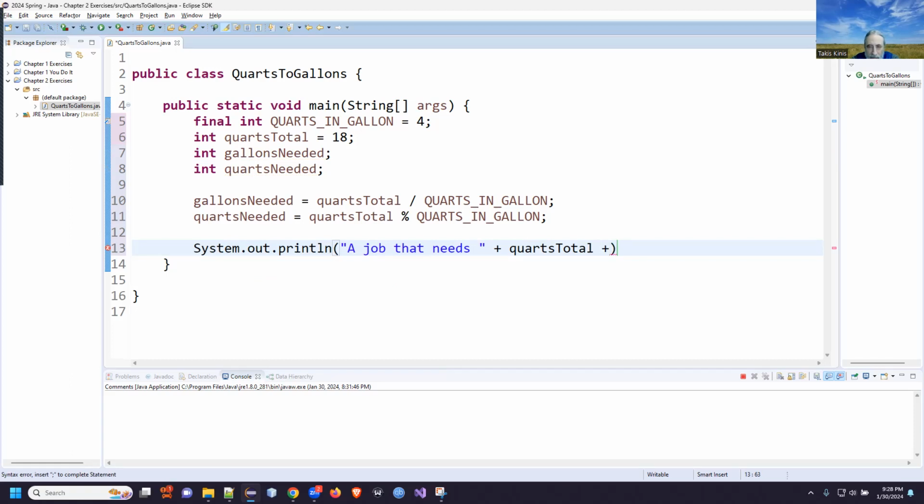And then that number is going to appear here as text, and then I have to concatenate it back to more text. I'm going to put an extra space here. So notice I'm putting a space here because otherwise the number is going to touch the word, and then the number will appear, and then I'm concatenating a space here before I begin more words. Otherwise it touches on both sides, right? And so I'm going to say a job that needs 18 quarts, comma,